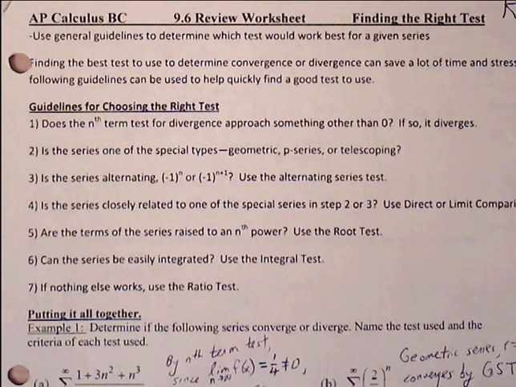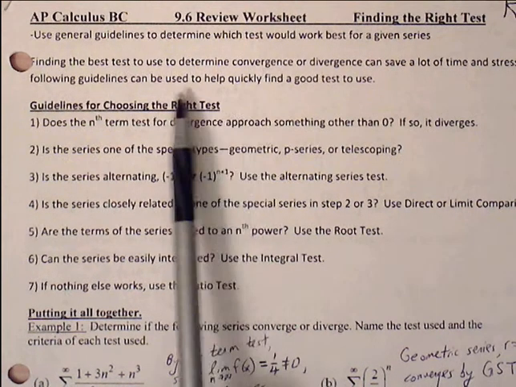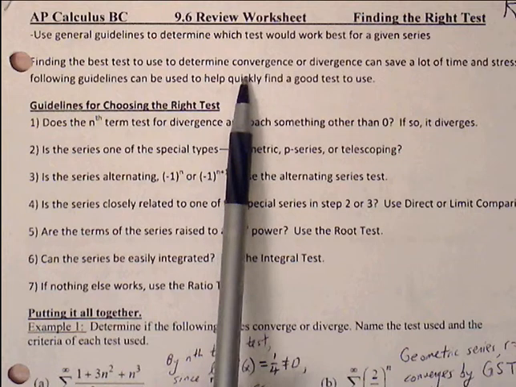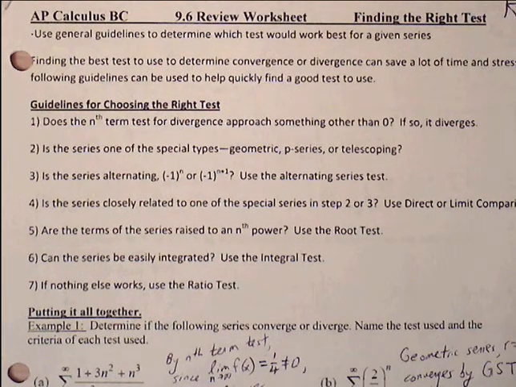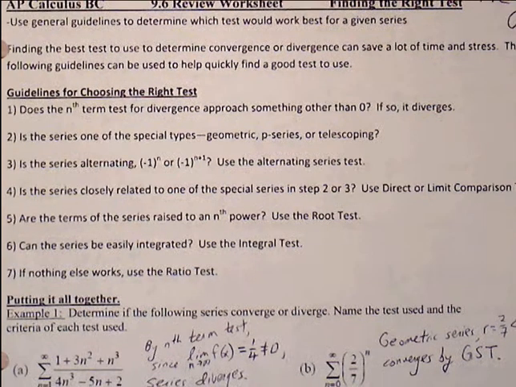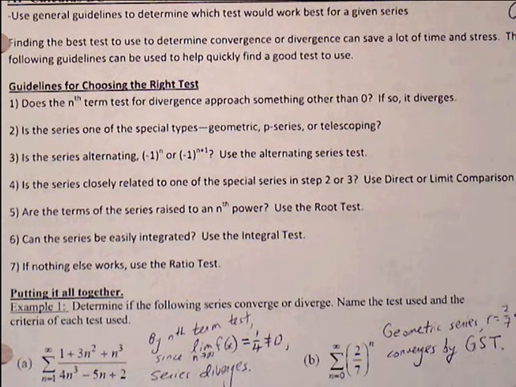This is a review worksheet that allows us to practice through all the tests that we've seen, convergence tests that we've seen from 9.1 through 9.6. So we want to find the best test to use to determine convergence or divergence, and we can save a lot of time if we're able to follow these guidelines